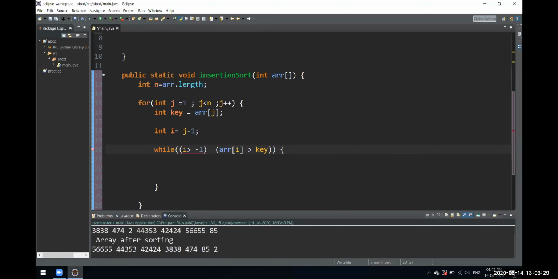If you have studied a little bit of electronics, there we have AND gate and OR gate that work on the same thing. If both of these conditions are satisfied, then only go inside this loop. In the OR condition, if any of these conditions is satisfied, it will go inside the loop. Now we want both of these conditions to be satisfied, so we'll use this AND operator over here. Inside this we'll write some code for sorting.